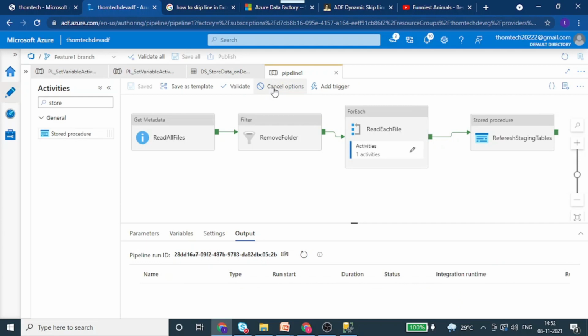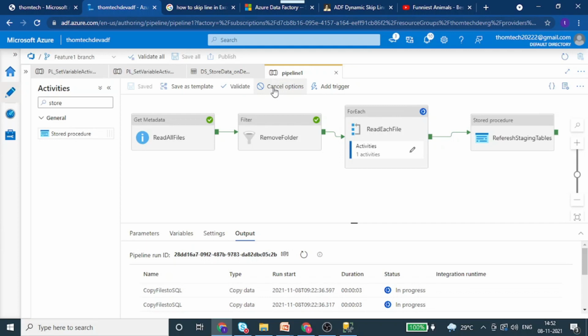What it does, it will read the source file and place that into the temporary table. And once it has placed that in a temporary table, the stored procedure will be triggered, which is going to copy the temporary data from the temporary table to the main tables. So with that, our main tables will be populated. So that is the process or the flow that I have given right now. There could be different solutions for this. So this is one of the solutions that came into my mind when a subscriber requested me to give a solution on an urgent basis.